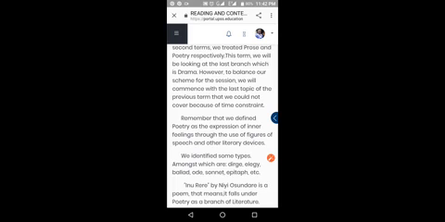But before we go into that, I'd like us to remind ourselves of what we did in our previous class. In our previous class, we talked about poetry, and we defined poetry as the expression of inner feelings through the use of figures of speech and other literary devices. We went further to identify some types as dirge, elegy, ballad, ode, sonnet, epitaph, and we gave meanings to each and every one of them.